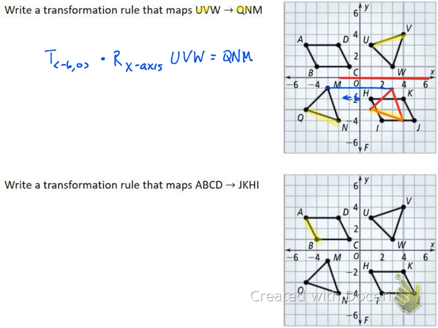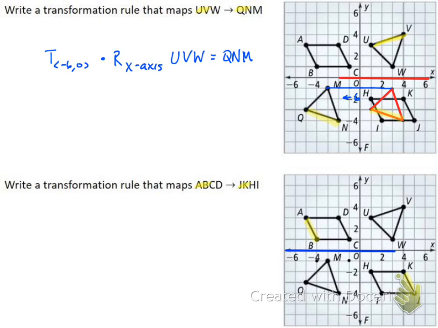And then the last one, I want to get ABCD to be mapped on JKHI. And so again, I want to get AB on top of JK. So I want to get this on top of this. So again, yes, they're kind of oriented the right way, where I'd be able to just slide it on top. But since I want to get AB on top of KJ, I'm going to want to change the orientation, and so I'm going to have to end up doing a couple reflections to get AB and KJ on top of each other. So if the first thing that I do is reflect it over the x-axis, I would get